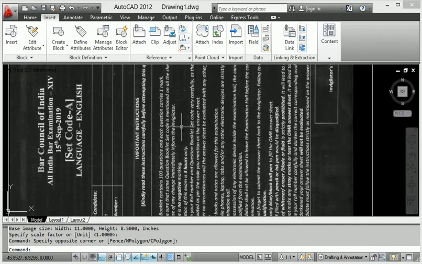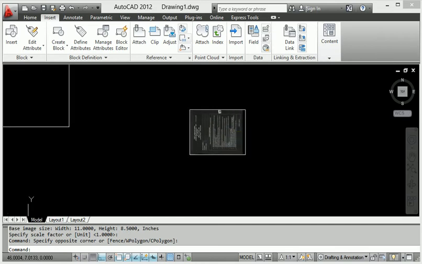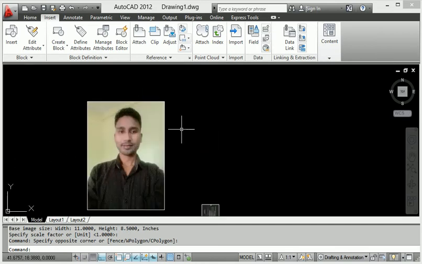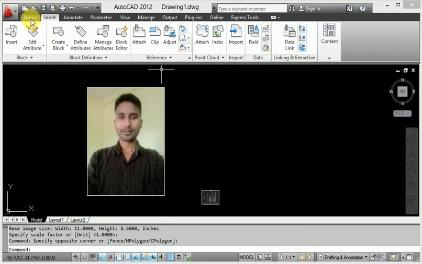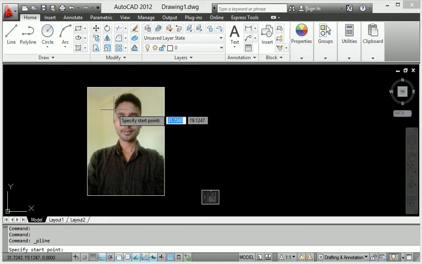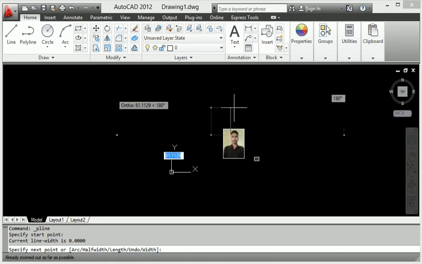So when you insert any PDF or any image type of file in AutoCAD, you can then continue to do the work in AutoCAD. Look at this here. If I want to stretch any line, any command, it is an easy way of stretching to the point here.